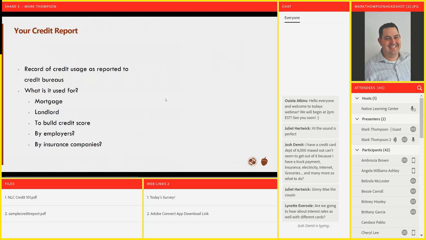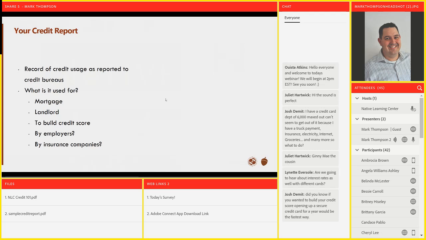Other places that use credit reports are insurance companies. I heard a study a while back that somebody who has a clean driving record, but has a low credit score for whatever reason, right? They may actually get offered higher insurance rates than somebody that has a perfect credit score but may even have a DUI on their driving record.